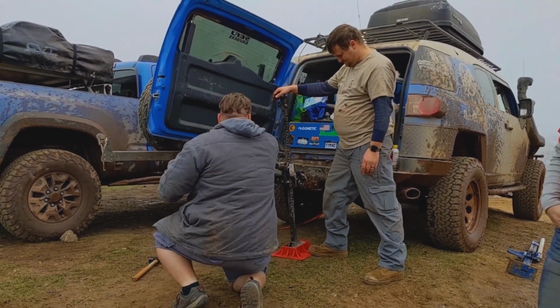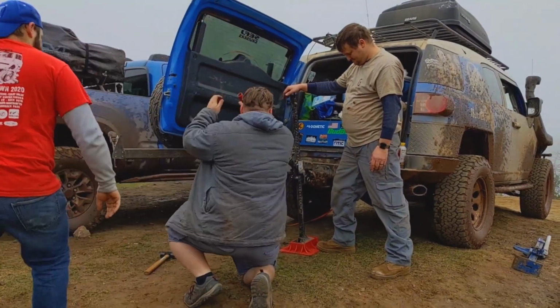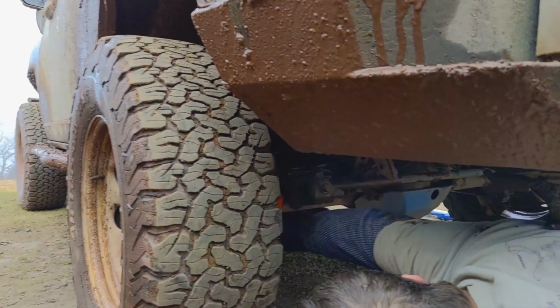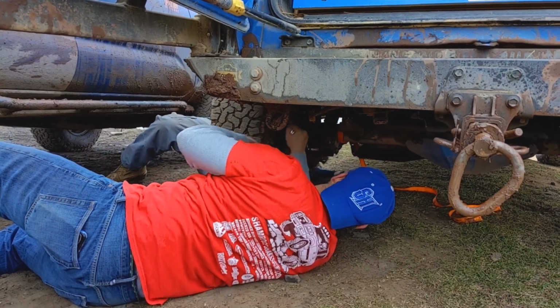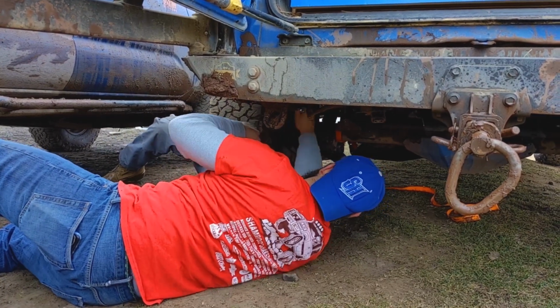Kevin is one of the newest members of our team, but he's proven himself invaluable time and time again. Beyond being a great friend, he also brings a higher level of technical know-how. I always loved being in the woods. I always loved being off the beaten path, and I just found off-roading, and they just kind of met together